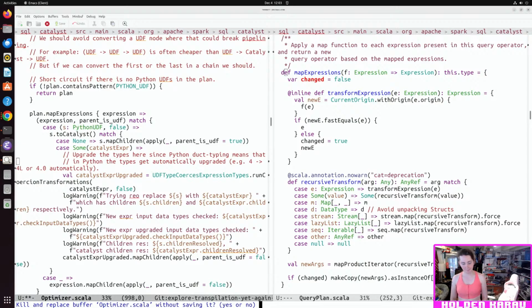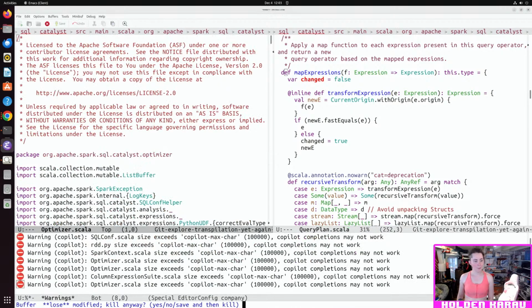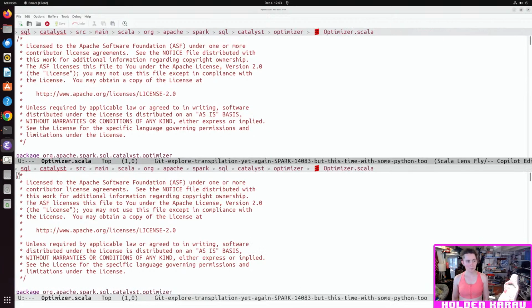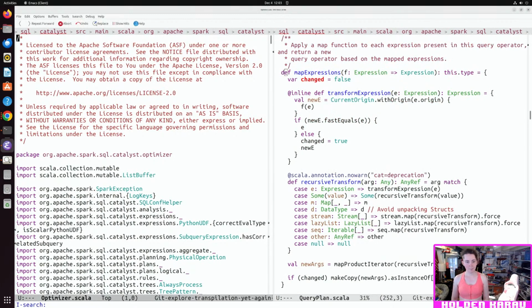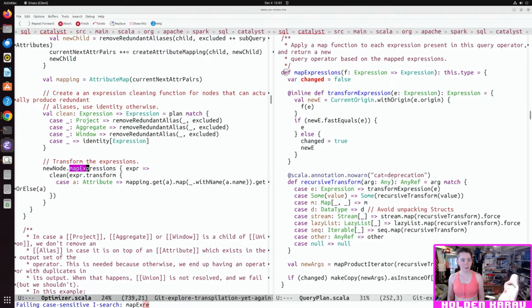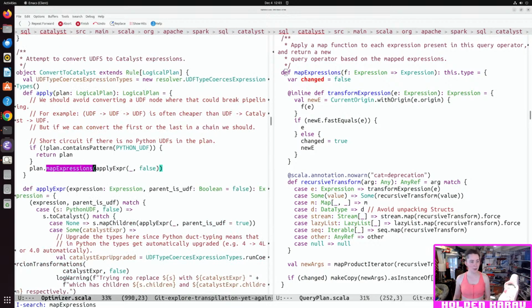Actually, yeah. Yeah. So map expression. So okay, map expressions. So what we actually want to do here is do like a level map on the expressions, and then also recurse down if it's not an expression.